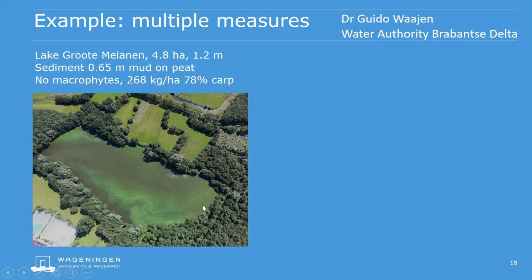A final example is about multiple measures. There's another urban water body in the southern part of the country, also relatively small, 4.8 hectares, 1.2 meters, very shallow, but had a 2 feet mud layer on top of some peat. There were no macrophytes in there. Well, from the green spot, you can see that there were quite some cyanobacteria and almost 270 kilograms per hectare